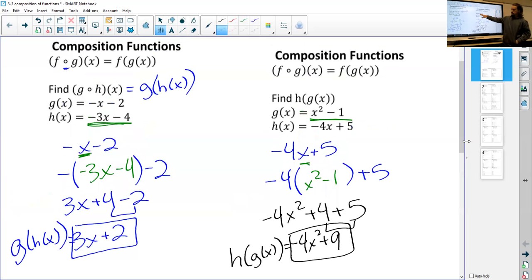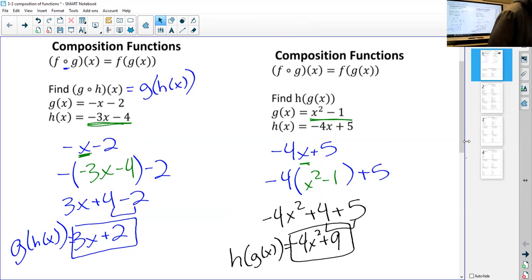You're going to look at your two functions. One's going to be on the outside, one's going to be on the inside. So you're going to start by writing down the outside function, which in this case was h of x. And then you're going to substitute any x in that function with the interior function every time. So you just have to be careful of the order. If I said, what's g of h of x, you'd get a totally different answer here. You've got to be careful when you're simplifying. It's a whole lot of little things you have to keep an eye on